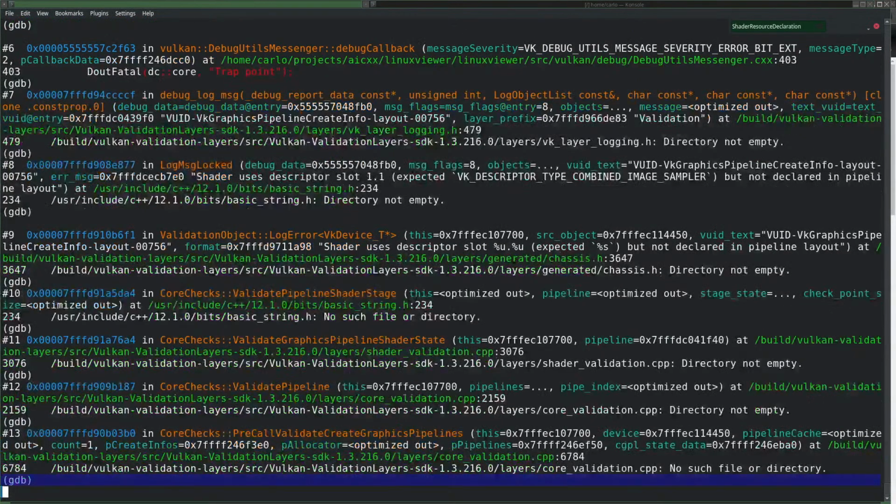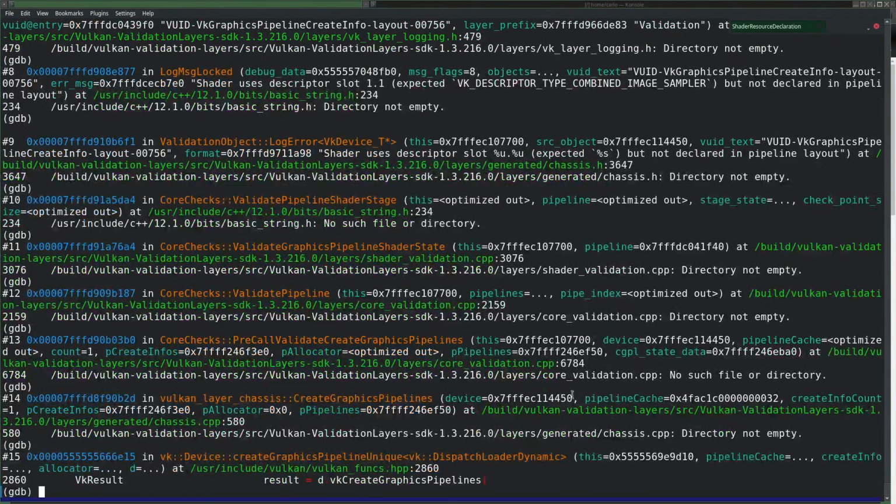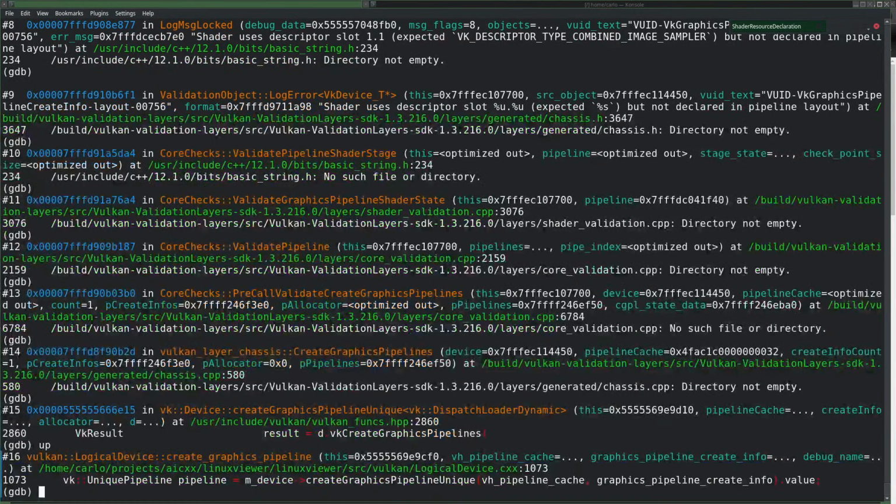It's going up in the stack until I get to the actual Vulkan function call, which would be this one, but that's still inside the header. Let me go on up. So now I'm in my own file, and we are trying to create a graphics pipeline. And there is simply a problem with whatever I'm passing here. Is it create info, I suppose.